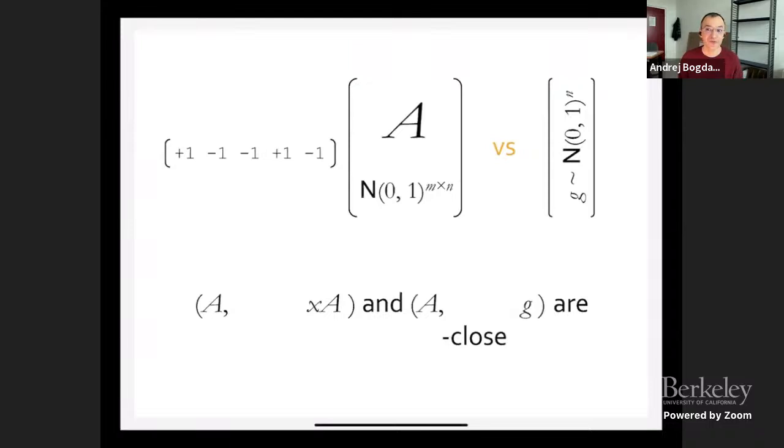They're not going to be close to one another. Does anyone see why they cannot be close to one another? Well, one of the distributions is discrete and the other one is continuous. Conditioned on A, if I hit it with a plus minus one vector on the left, then what I get is just some set of 2 to the m points. So it's a discrete distribution. Well, this is a continuous distribution. So these are going to be distinguishable with probability 1.